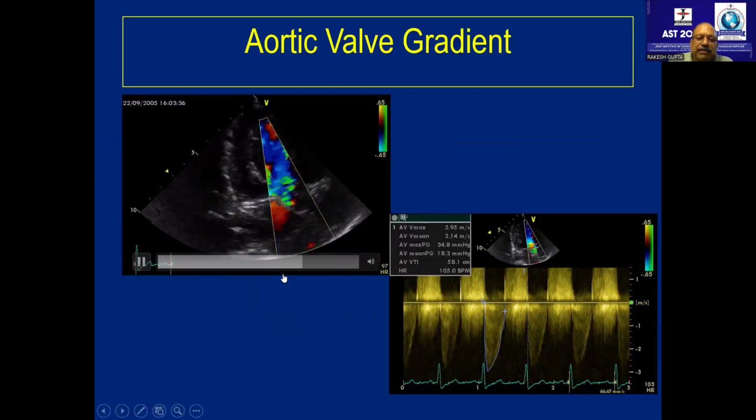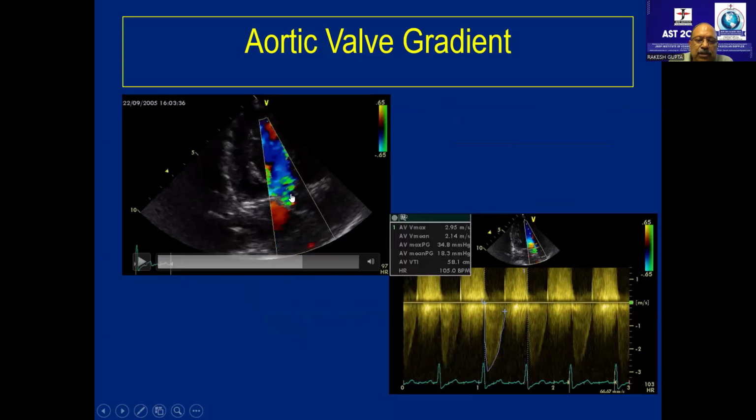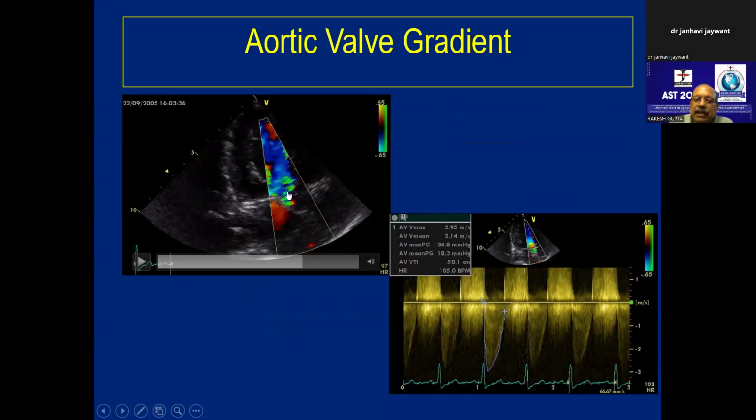Now, can you see this three-chamber view? Yes, sir. So let me just freeze this image. So this is LA, this is LV, this is aorta, correct? And here are the aortic valve leaflets. Clear? If I put my pulse wave sample volume over here, it will be a pulse wave LVOT. If I take this sample volume distal to the aortic valve, it will be pulse wave at the aortic valve.